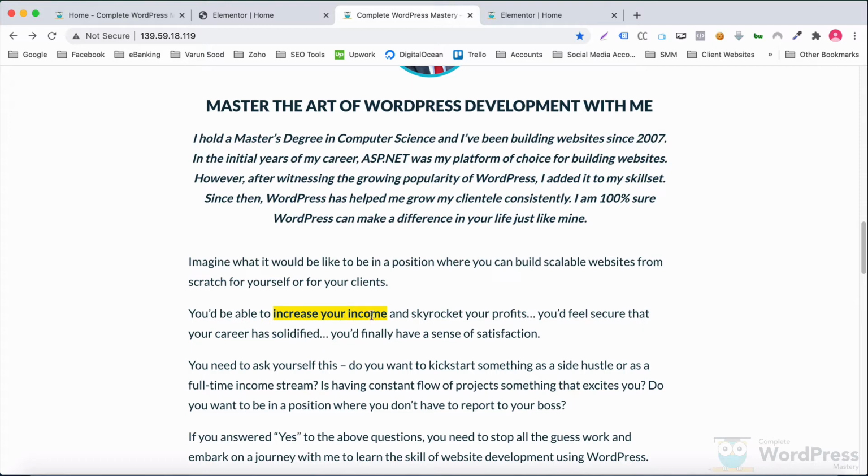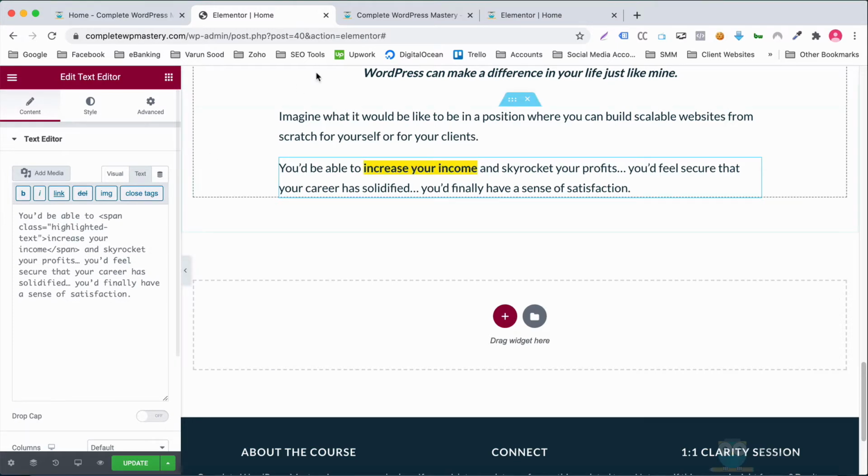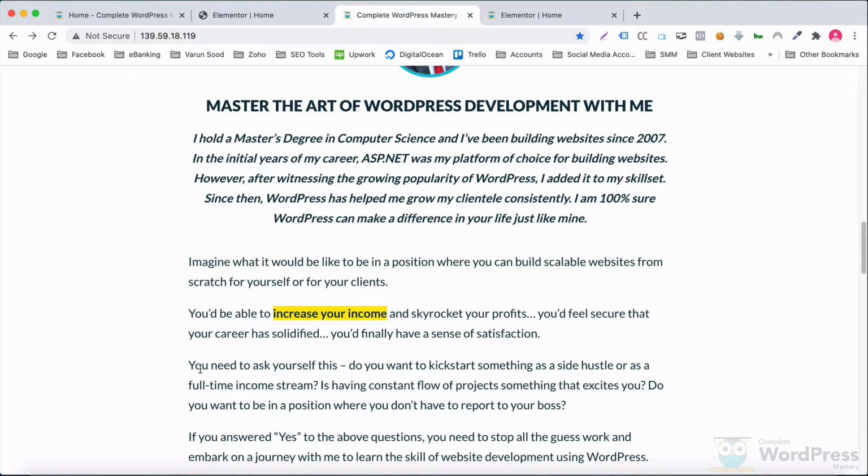You know how to highlight the text, right? Let me quickly add the remaining text.